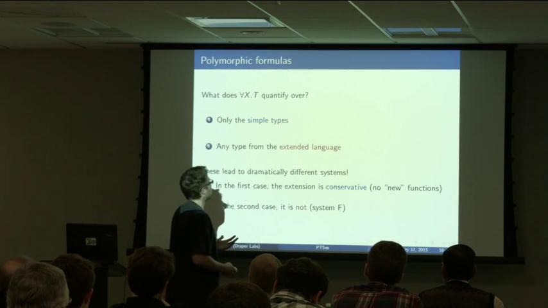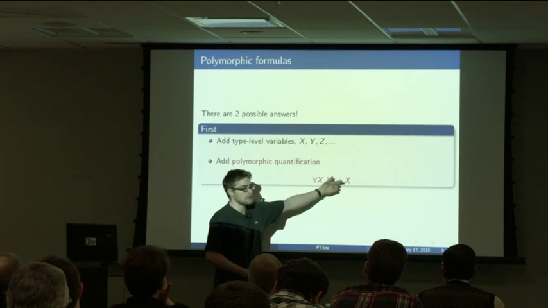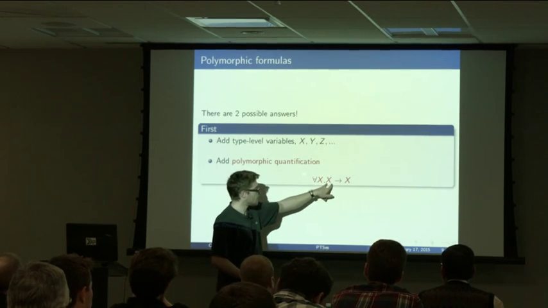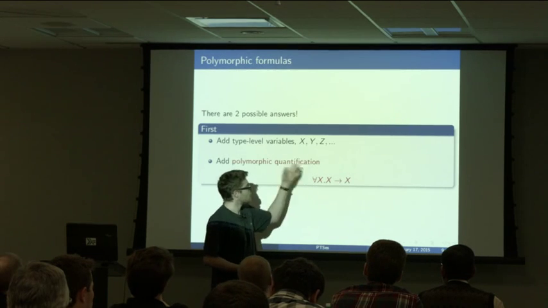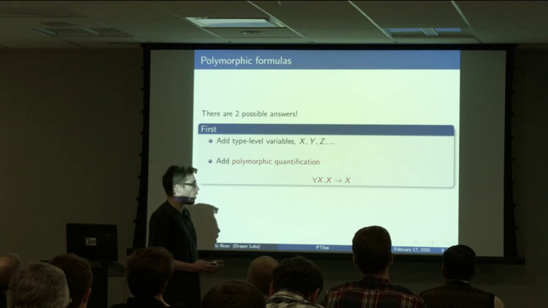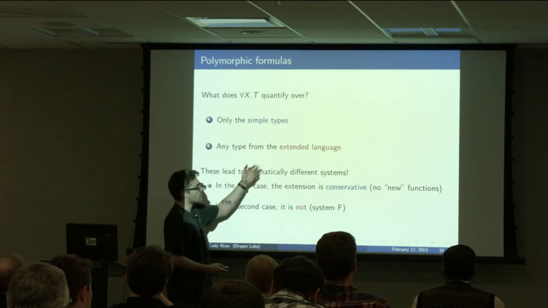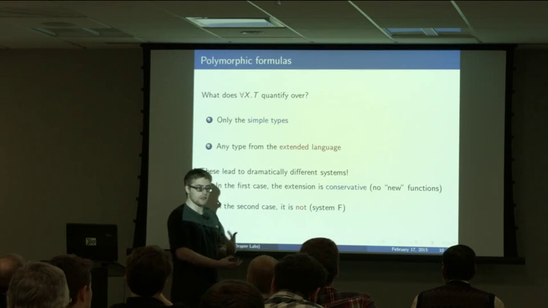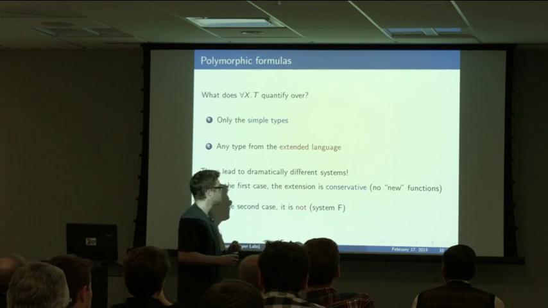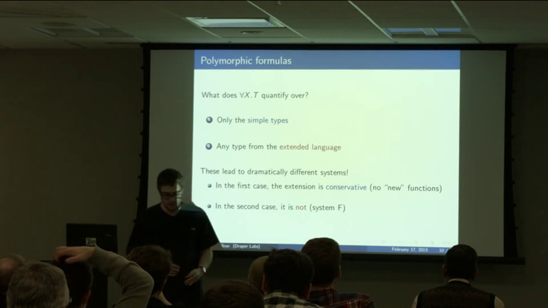you could also say, well, why am I not allowed to instantiate this with for all x, x arrow x? Okay, possibly this x you instantiate it with also contains universal quantification, right? So why not allow that? It's kind of weird though because you have this circularity here where you can replace an x by something that's possibly itself.